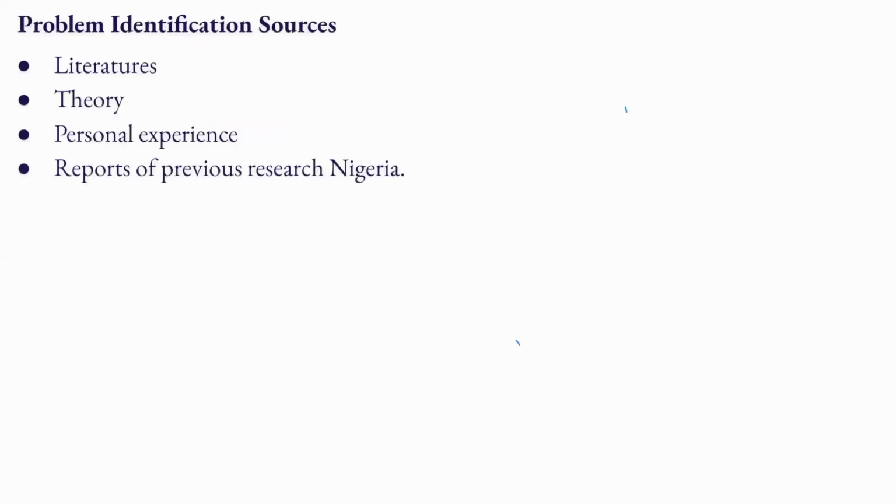So how would you be able to identify these? These are the sources: your literature, theory, personal experience. Yeah, personal experience, the experiences of people. It might not even be your own personal experience. It can be the experiences of your neighbor, or of your friend. For instance,